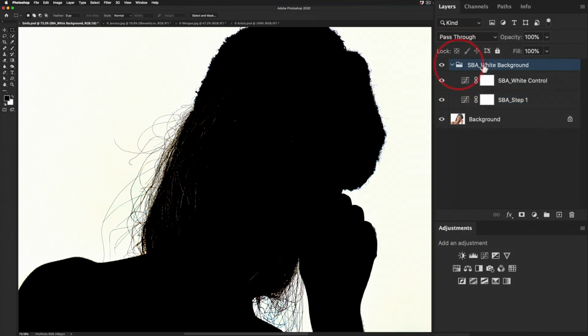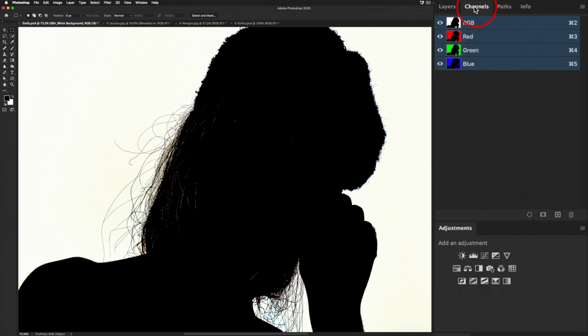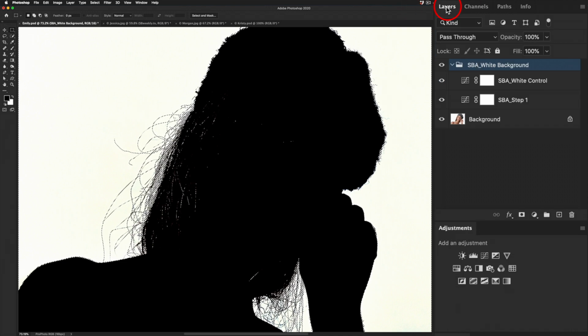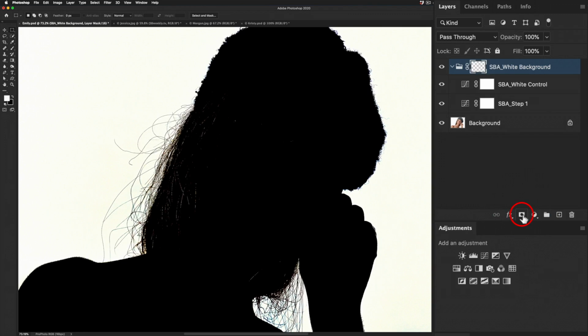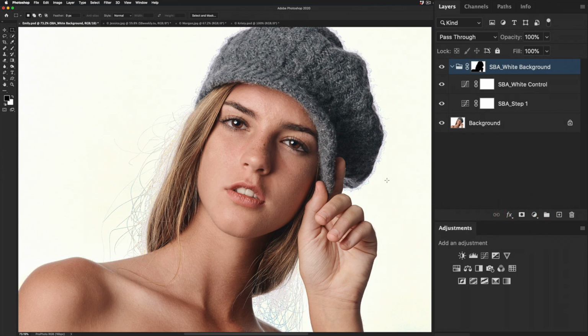So first of all, we select the entire group. Then we go into our channels. We hold down Command and click on RGB. It will create a selection based on the black and white values of our photo. So now we can simply click the layer mask, and our adjustments only apply to the white areas and completely